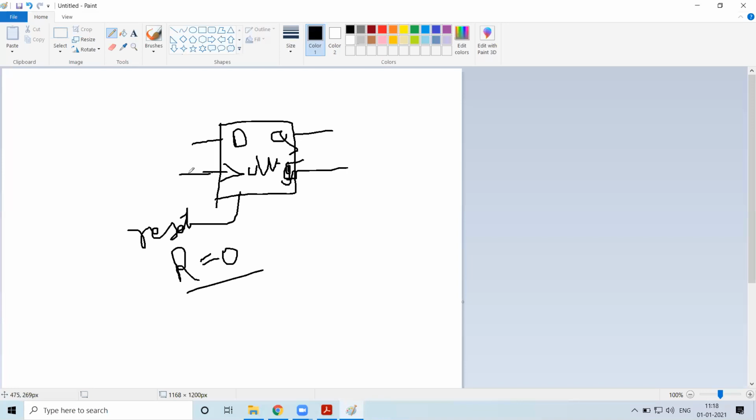Now when this is the case, if it is a D flip-flop and the D input is 1, after a positive edge triggered or level triggered change in the clock, Q will be 1. Whatever is there will be passed since it is a delay flip-flop.